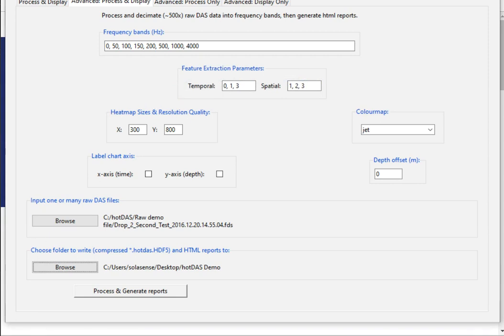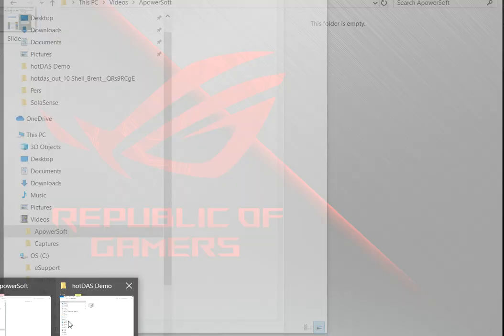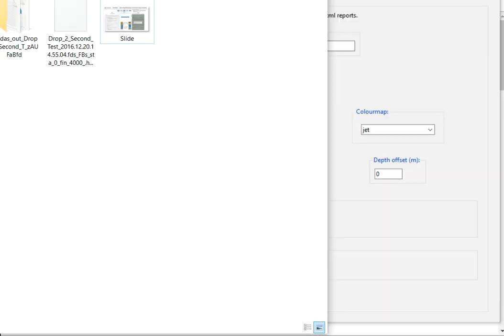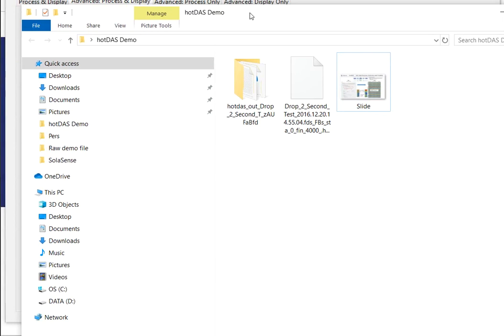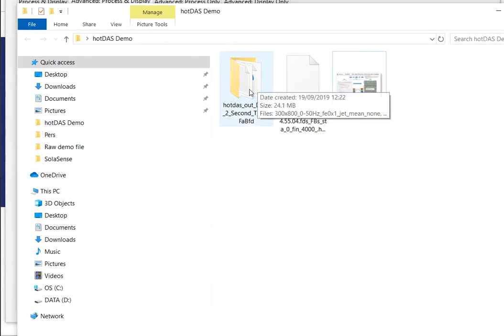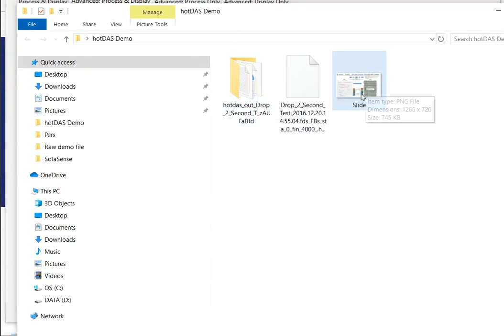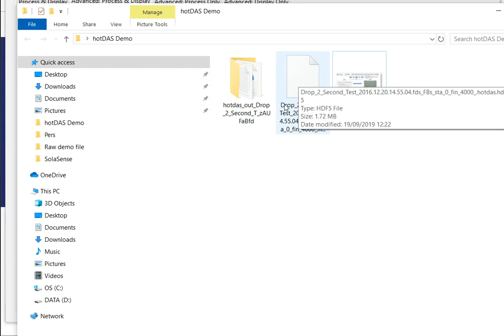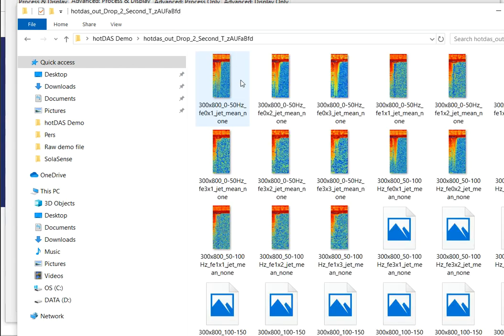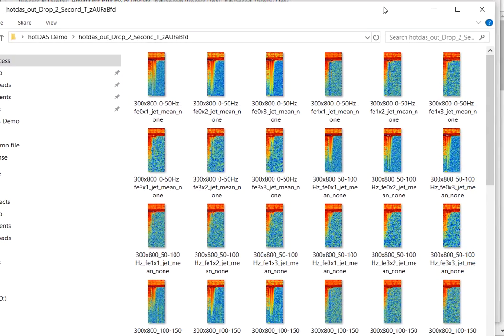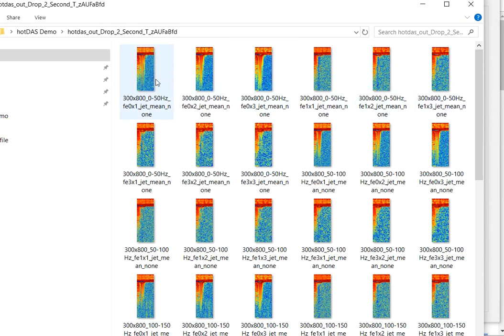So if I go back to my hotDAS demo folder, you'll now see there are some files in there. There was a slide in there you couldn't see previously because it's not of the right file format. This is the intermediate file here. Okay, but what I'm interested in are the images. So if I take a look in here, you'll see all the images generated for each one of the